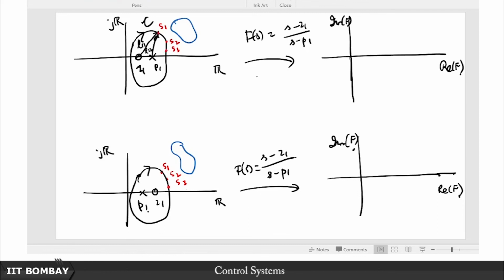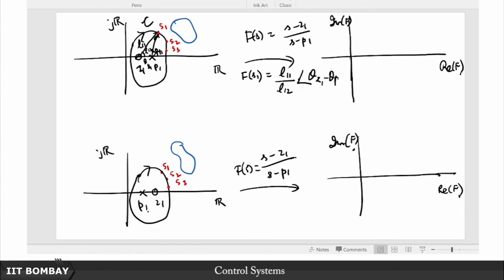So then this function f of S1 is going to be, and let us say this is theta Z1 and this is theta P1, okay, right. So then this is going to be nothing but according to that map over there, L11 upon L12 with an angle